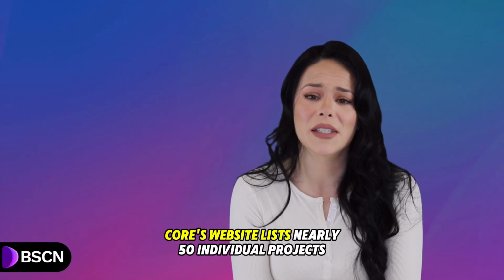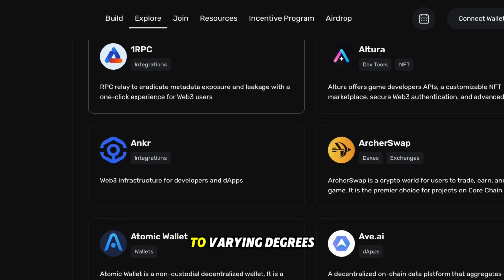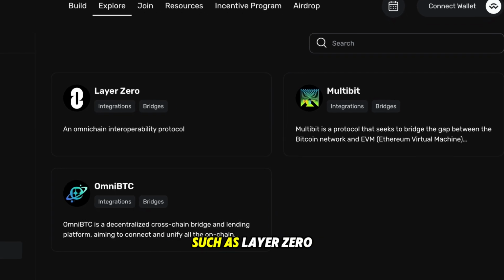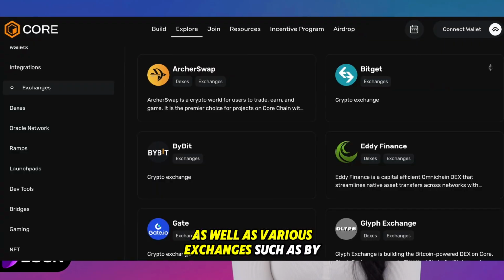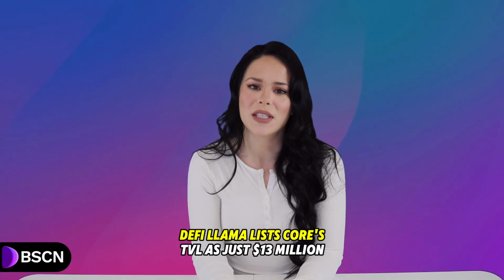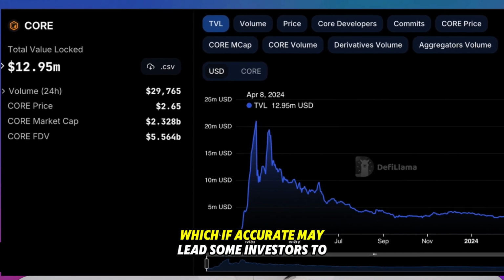Core's website lists nearly 50 individual projects developing and operating within its ecosystem to varying degrees. The list includes cross-ecosystem giants such as Layer 0, Anchor, and Pyth Network, as well as various exchanges such as Bybit, BitGet, and OKX. DeFi Llama lists Core's TVL as just $13 million, which, if accurate, may lead some investors